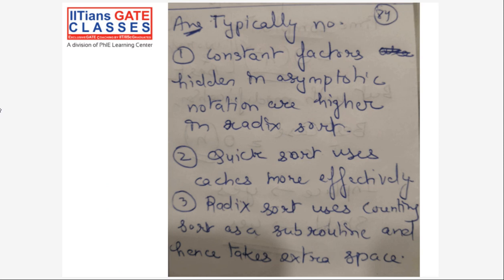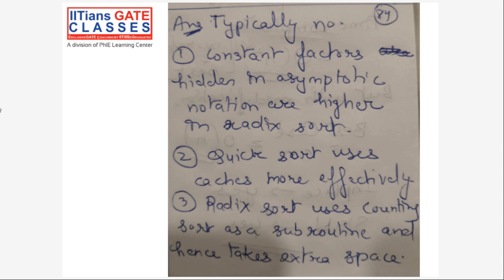Okay. So the other reason is radix sort is actually a little more by a constant factor. The constant factors hidden in asymptotic notation are higher in case of radix sort, because in radix sort, you're doing the same thing at every iteration, you're trying to do counting sort as well. Counting sort will have its own constants to consider, right? Like once you scan the input array, again then you scan the count array also, right? So that also comes with radix sort. This is another reason why radix sort is not preferred over quicksort.